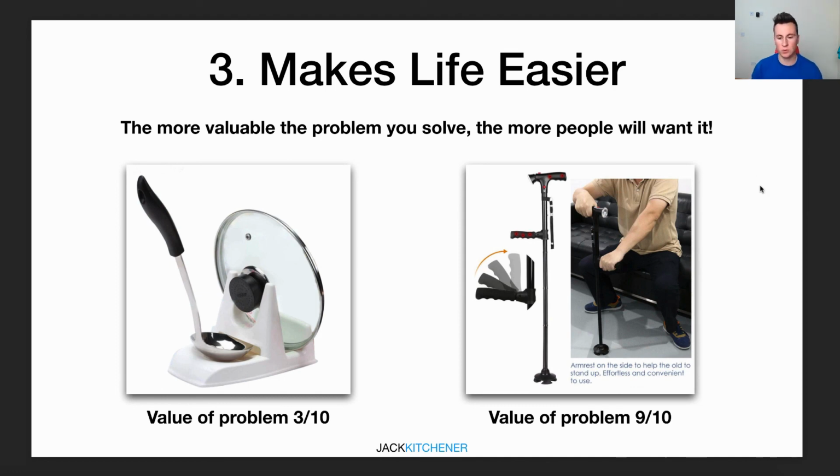And going back to this walking stick, it does multiple things. It's got a light on too, which makes it easier for elderly people to see the ground that they're walking over in the dark. Again, with it being this time of year and the clocks going back next week, it's going to be dark from like 4 or 5 p.m. So there's going to be a lot of time in which it's going to be dark,